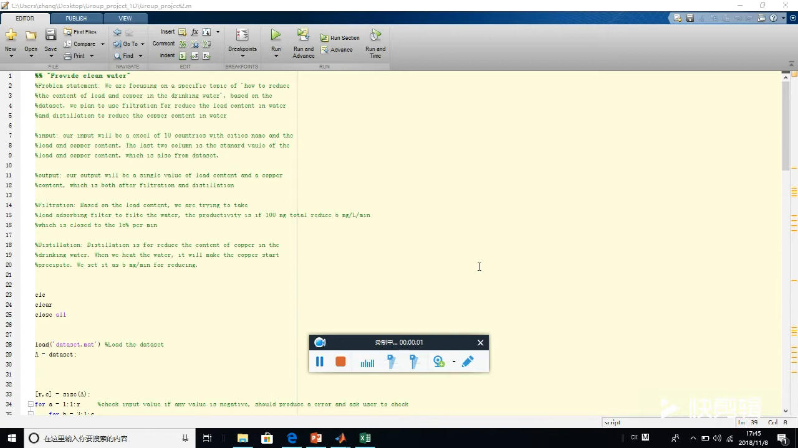Hi, this is Bill speaking, and I'm going to read through our coding, and our topic is how to provide clean water. And the problem statement is focusing on a specific topic about how to reduce the content of the lead and copper in drinking water. Based on the dataset, we plan to use the filtration for reducing the lead content in water and the distillation to reduce the